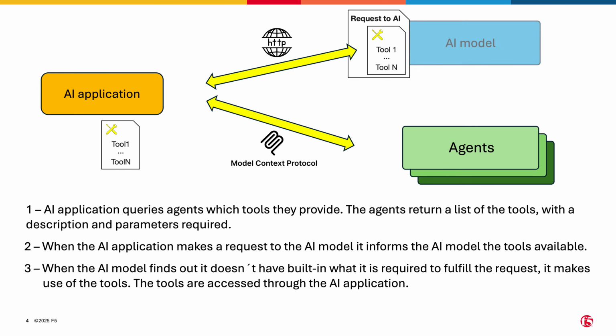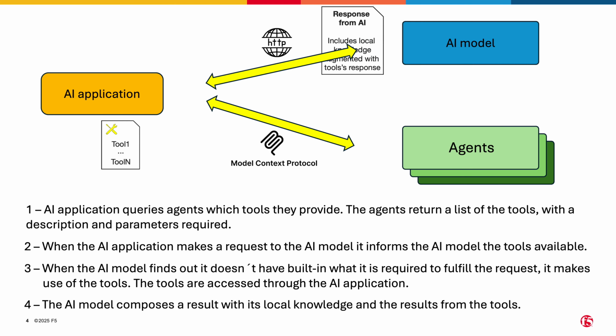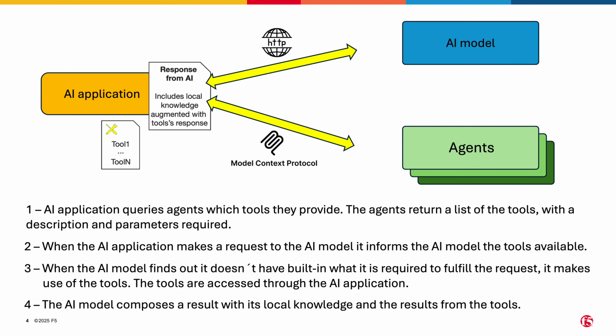Step 3. When the AI model finds out that it doesn't have built-in what is required to fulfill the request, it makes use of the tools. The tools are accessed through the AI application. Finally, in step 4, the AI model composes a result with its local knowledge and the results from the tools